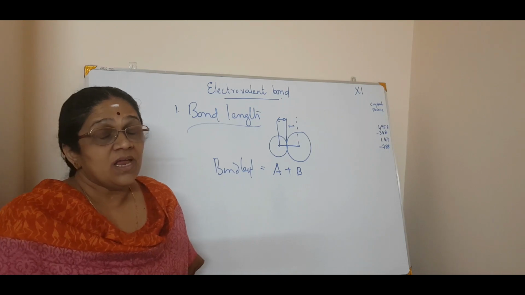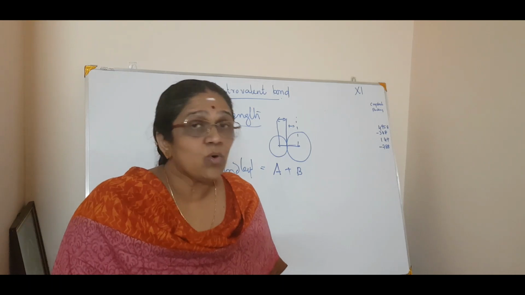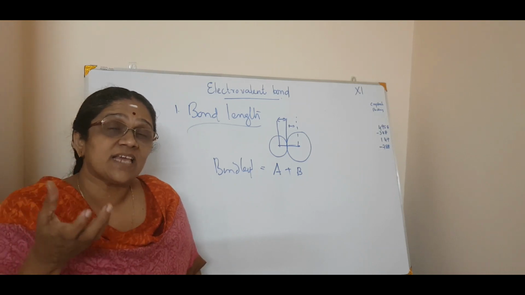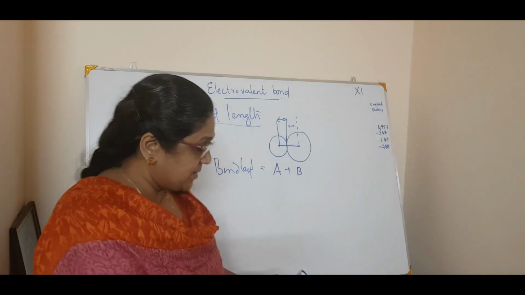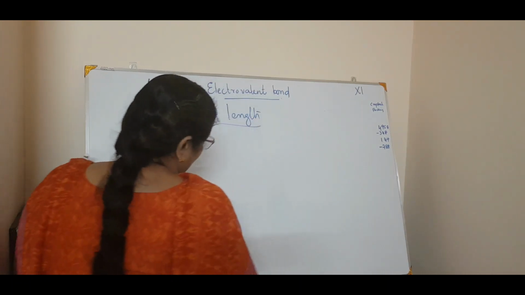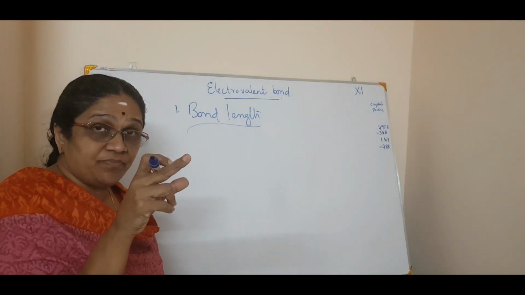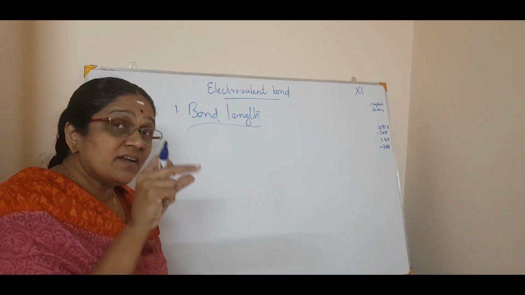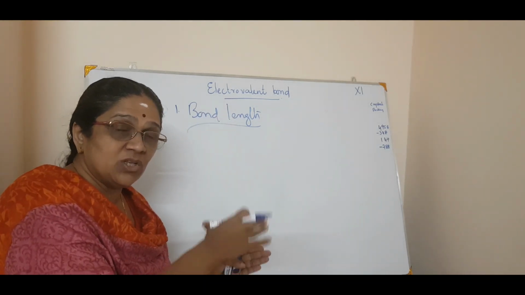Clear? Now, a new term which is called as van der Waals radius. Now, what is van der Waals radius, or how will you calculate the van der Waals radius? Now, van der Waals radius can be calculated in a non-bonded atom. What do you mean non-bonded atom? For example, this is clear, right? Okay. Now, van der Waals radius means it is half the distance between the two non-bonded atoms, isolated two non-bonded atoms. That means it is between a molecule and a molecule, not in one molecule.